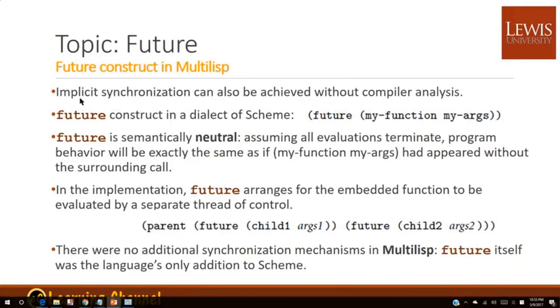So, the future in MultiLisp. Implicit synchronization can also be achieved without compiler analysis. Future is a construct in a dialect of Scheme. So with future, you have some function and arguments, and you branch out a certain thread. It is called a future, and future is semantically neutral. Assuming all evaluations terminate, the program's behavior will be exactly the same, except that it is branched out